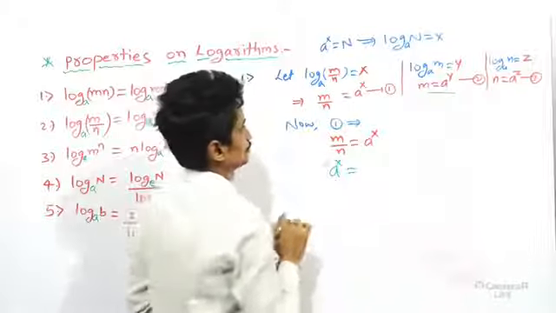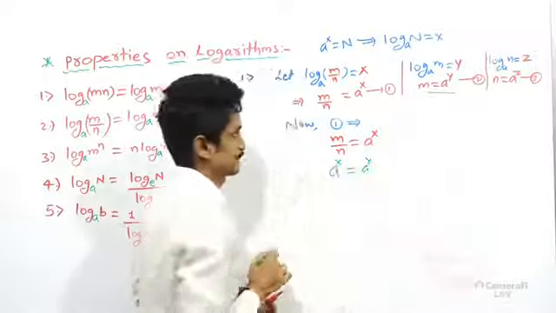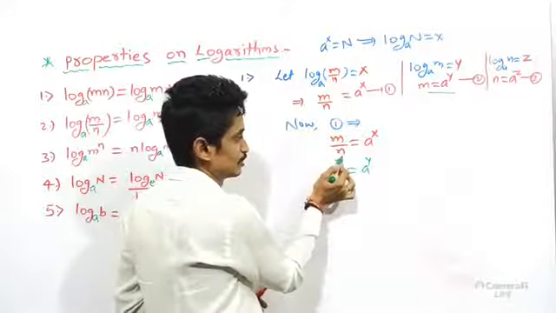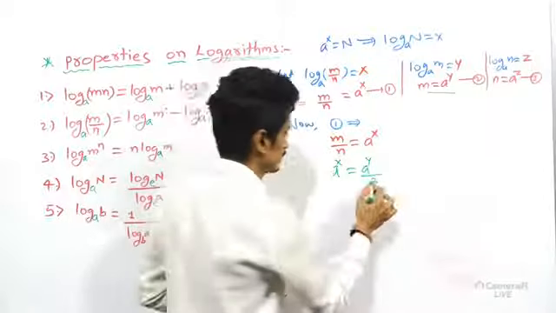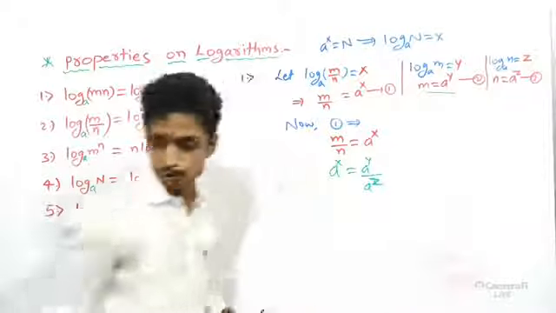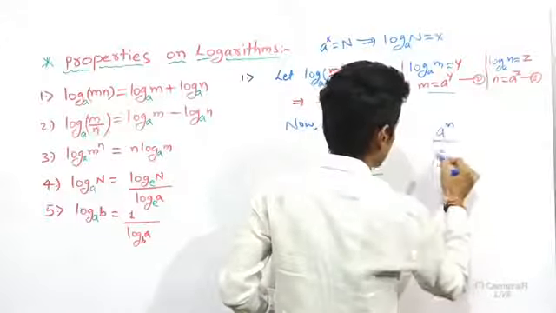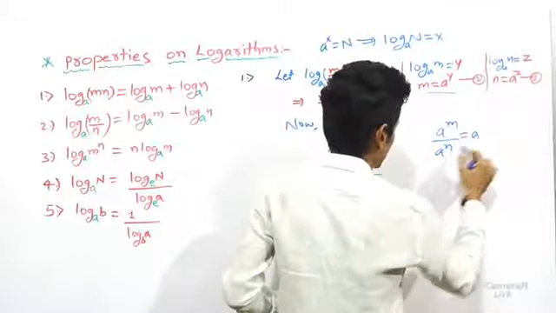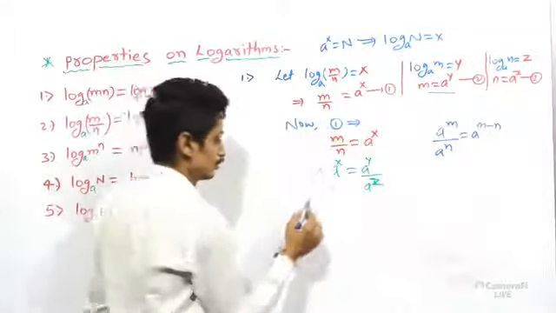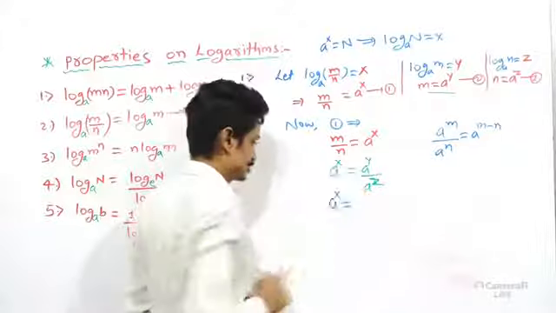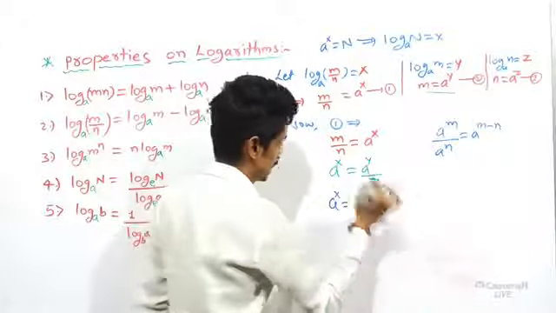What is the m value? The m value, according to equation number 2, is a power y, right, divided by, what is the n value? n is nothing but a power z, according to equation number 3, right? This is a power z. Everyone knows the second law of exponents, which we already operated in school time. A power m divided by a power n is nothing but a power m minus n. So a power x, write it as it is, and applying this rule, it should be how much? A power y minus z.